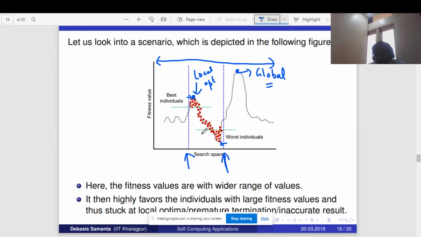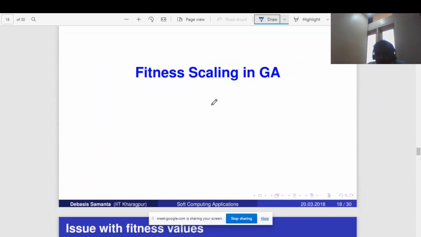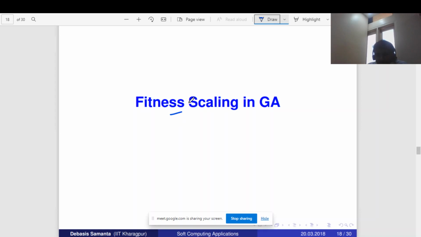That is, is there any way that the genetic algorithm which I am using can produce some individual with a fitness score in this area? You need not directly jump here. If you are able to create one offspring whose fitness score is somewhere here, then we can slowly check further offspring, and like that you can improve to the global optimum. Is there any method available or not? Yes, there is a method, and that is called fitness scaling. That is what we are going to discuss in the next few slides.